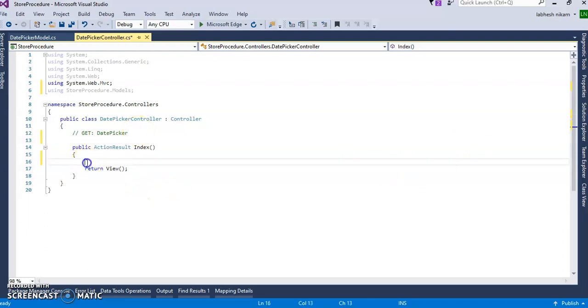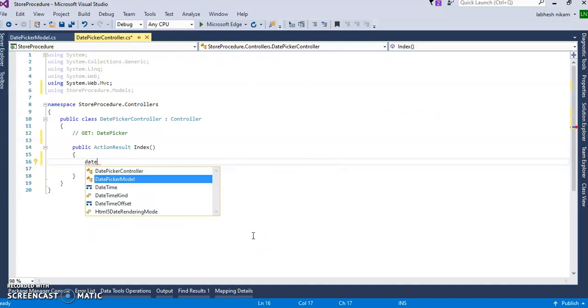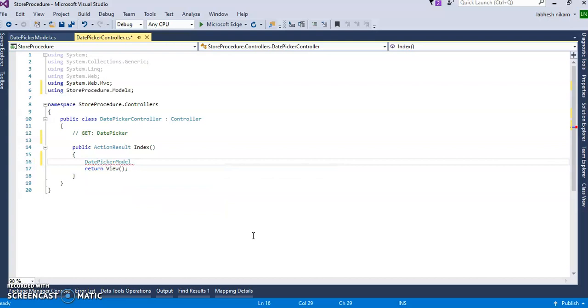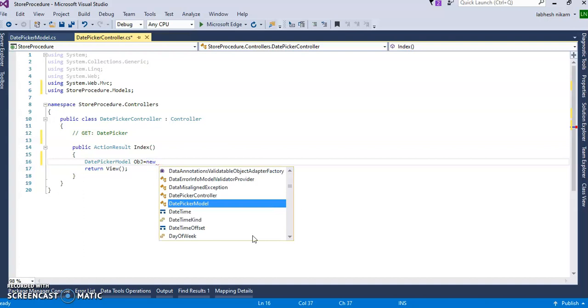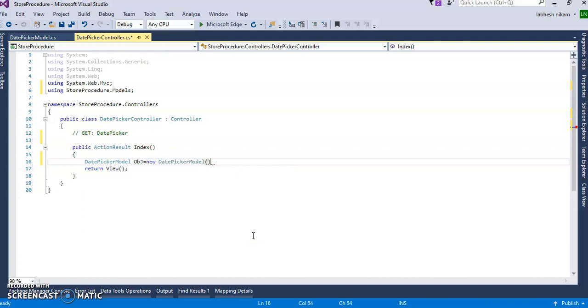So we'll create the context class from this DatePickerModel, and call the name as object equal to new DatePickerModel, and use this object inside of return View so that I can call this DatePickerModel, right?